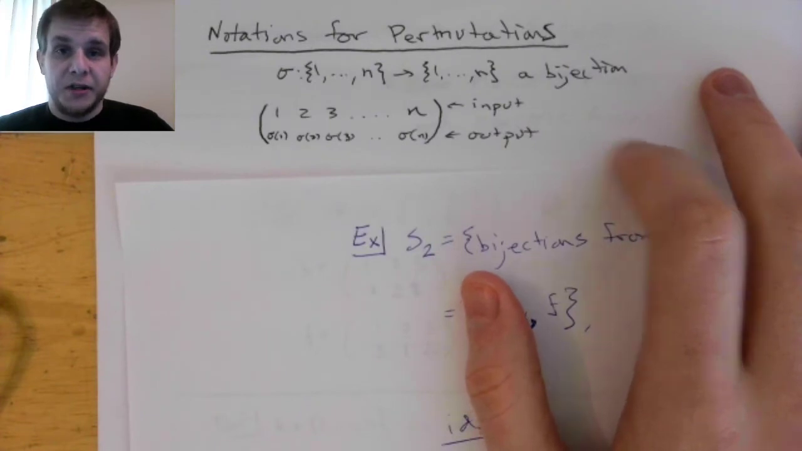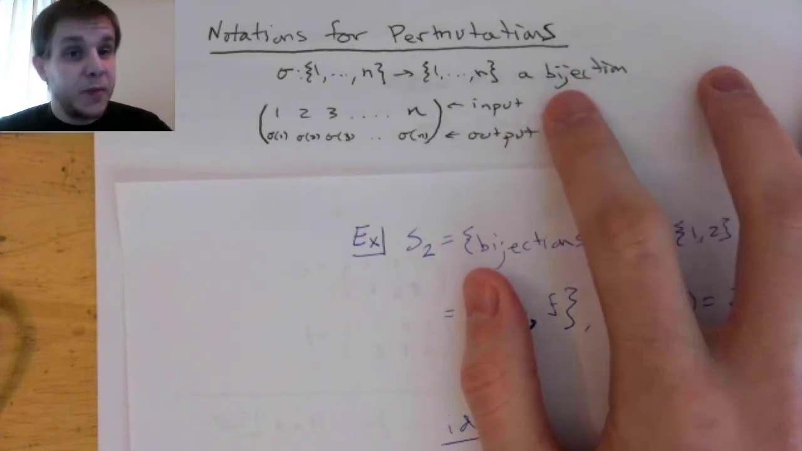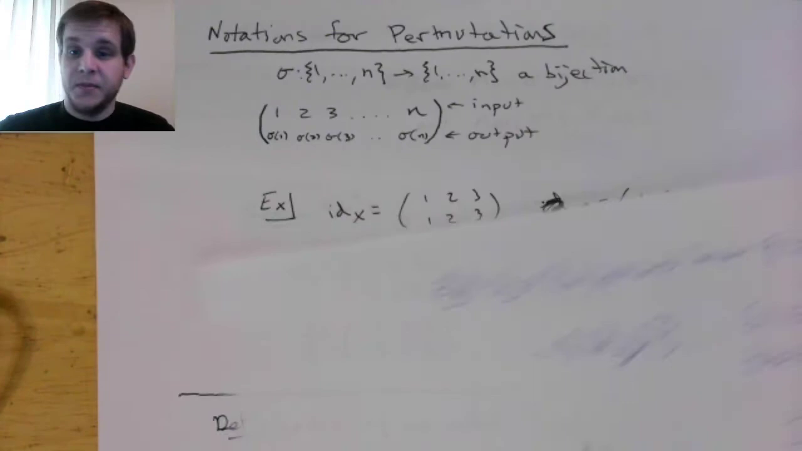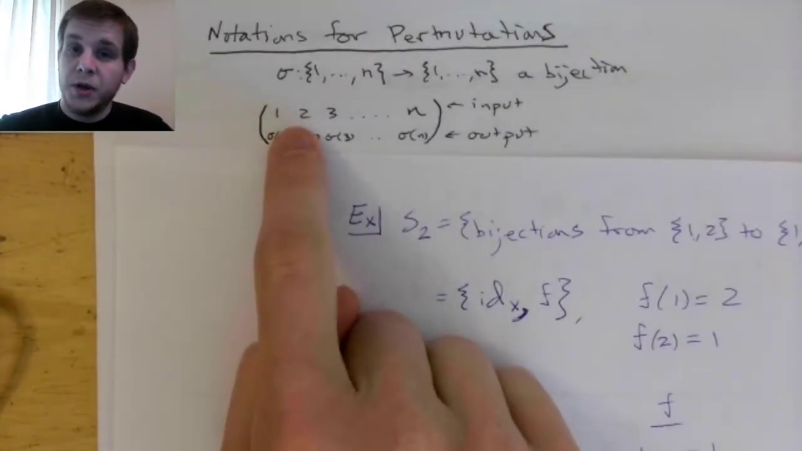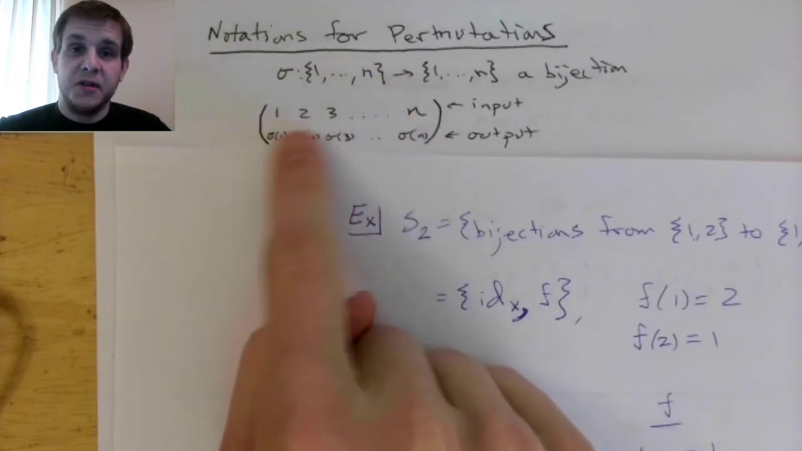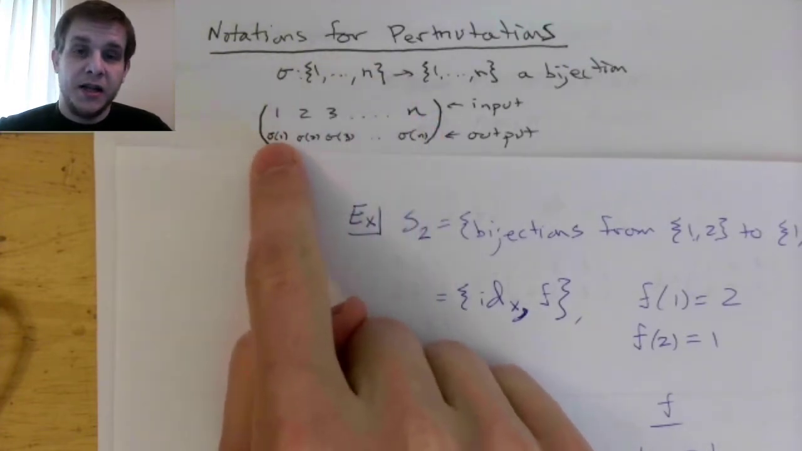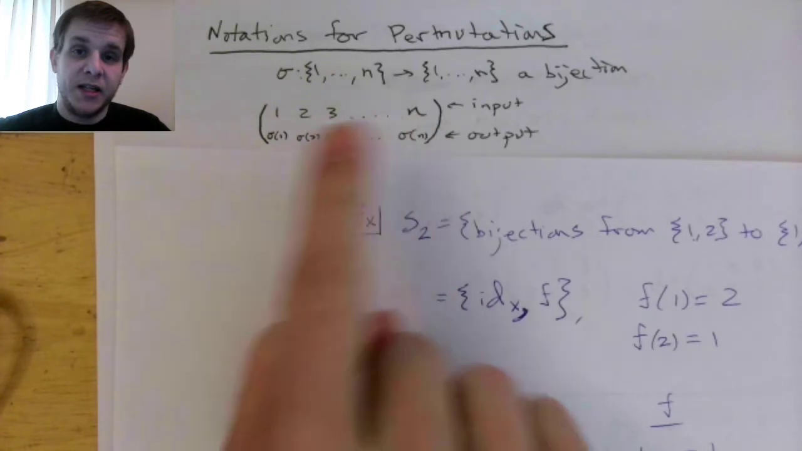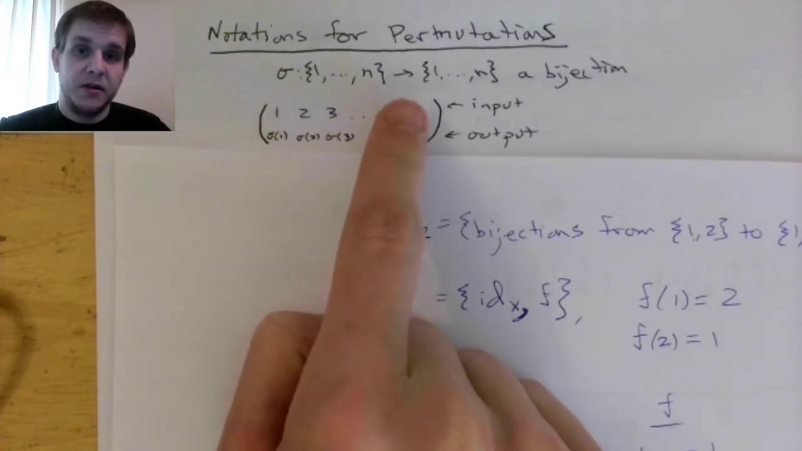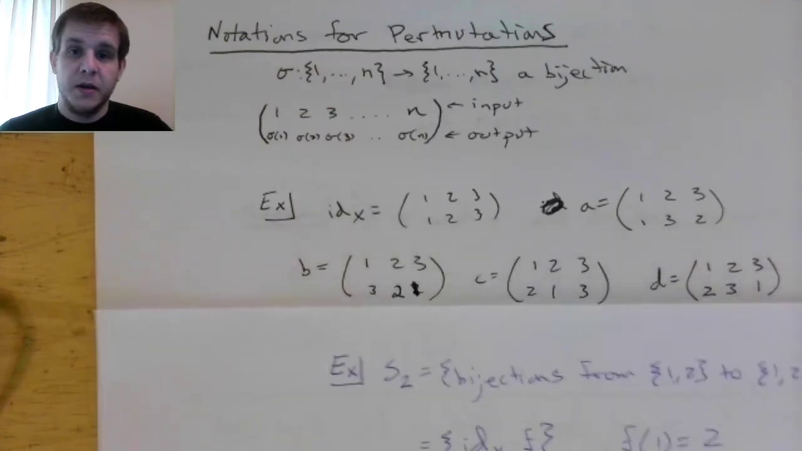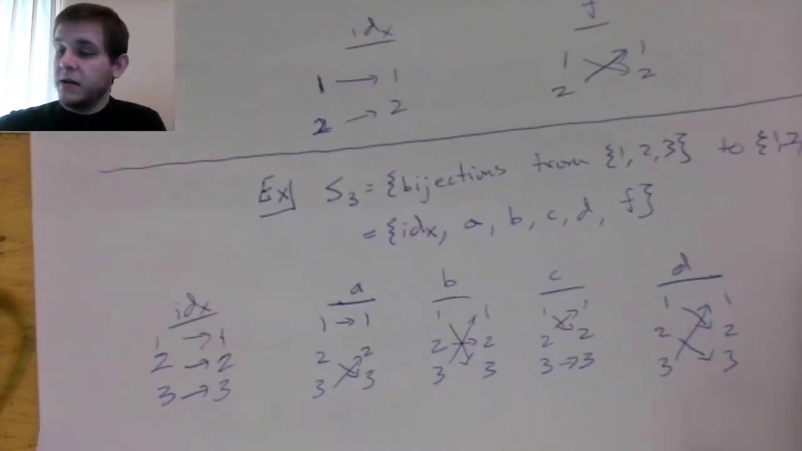So what's our notation? This is the most basic notation. That's not it. This one is extremely cumbersome. This one's slightly better. What I do is I list the inputs of my function in the top row, and in the bottom row, I list the output. So 1 goes to this, 2 goes to this, 3 goes to this. So if I look at the functions I have here,